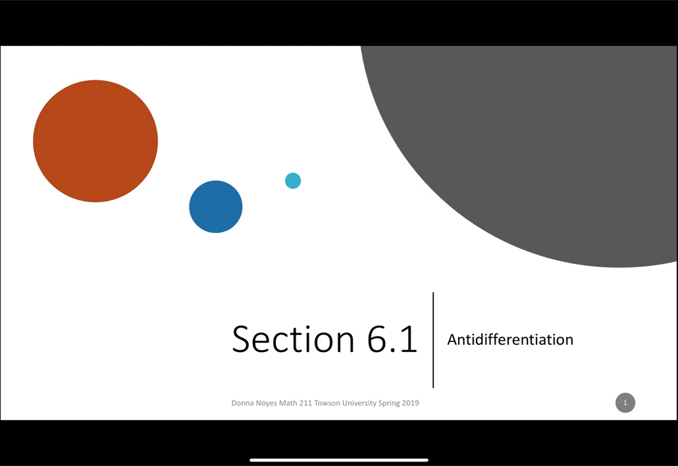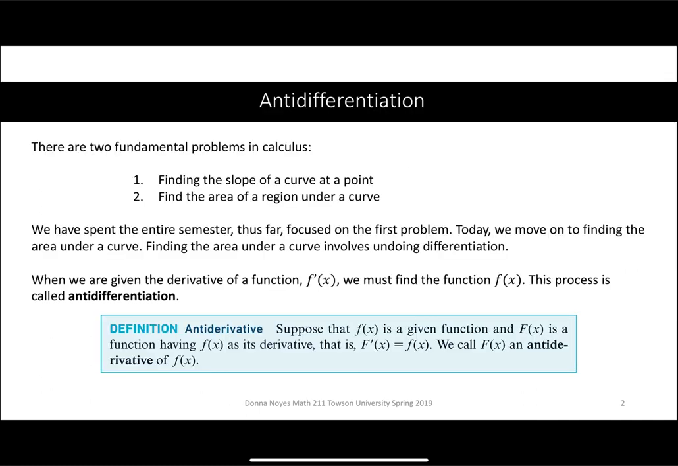We're going to begin Chapter 6 with Section 6.1 on Antidifferentiation. The primary focus of calculus is on finding the slope of a curve at a point or finding the area of a region under a curve. So far, we've spent primarily the entire semester focused on finding the slope of a curve at a point, aka the derivative. So starting today, we're going to move on to finding the area under a curve, which is what